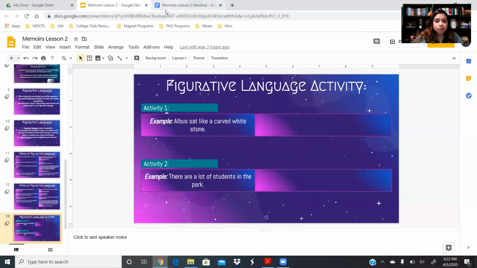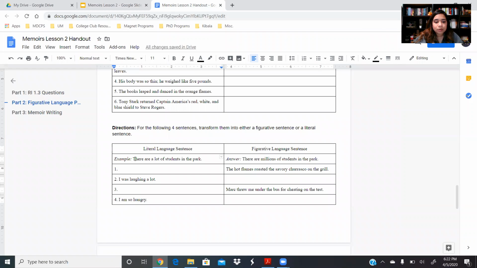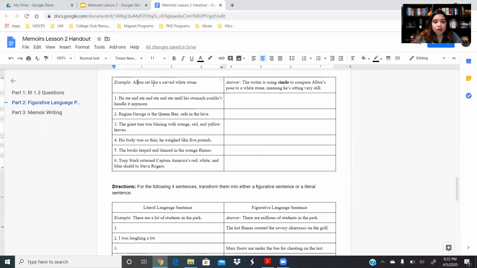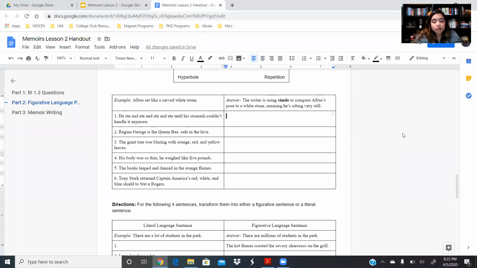And so what you would do, right? Those are the 2 examples here. There are a lot of students in the park. There are millions of students in the park. And then we have Albus sat like a carved white stone. And then the writer is using simile to compare Albus's pose to a white stone, meaning he's sitting very still. You guys would finish off these activities. So here you would just type out, right? You would tell me the writer is using,